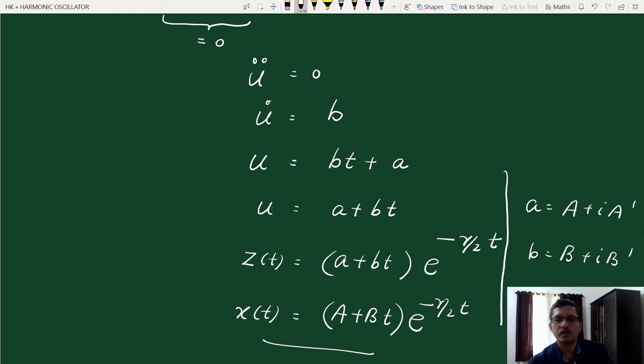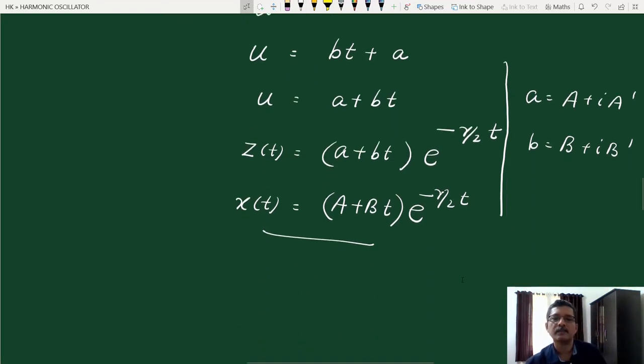Again, the solution is not oscillatory. There is an exponentially decreasing part here. The e raised to minus gamma by 2 t term is there, but it's not only an exponential decrease. There is a linear increase with respect to t also. So there is a part which is linearly increasing with t, and also there is an exponential decrease. That is the case with the